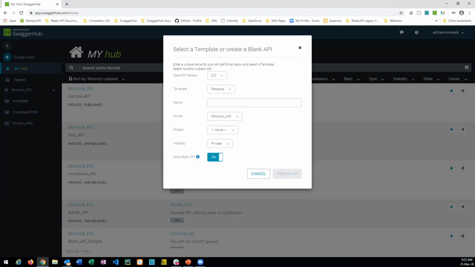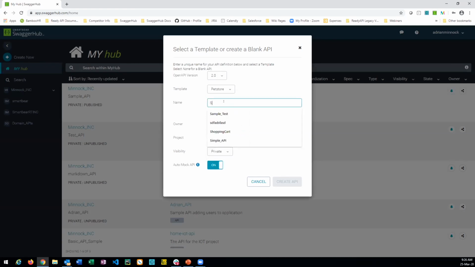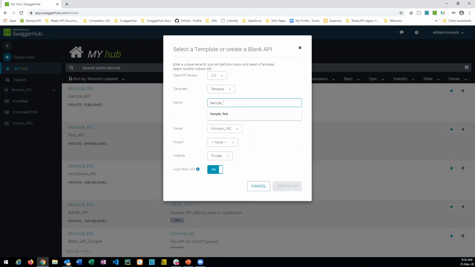We can see here we have a screen that will just allow us to populate the version of the OpenAPI. So whether it's going to be 2.0 or 3.0. We can select and use templates if we want. So we have some predefined templates available here. Now I'm just going to select a pet store template. So this is a good starting point for anybody who's just beginning to use SwaggerHub or isn't familiar with, let's say, a design first approach or generating that YAML documentation. So I'm just going to give it a name here. So I'll give it sample pet store